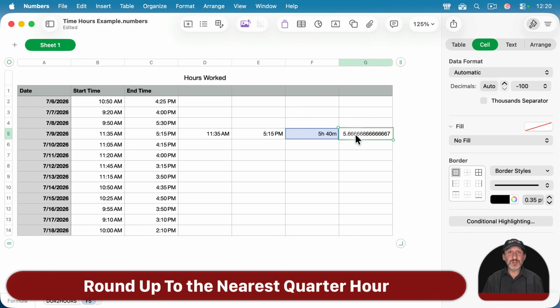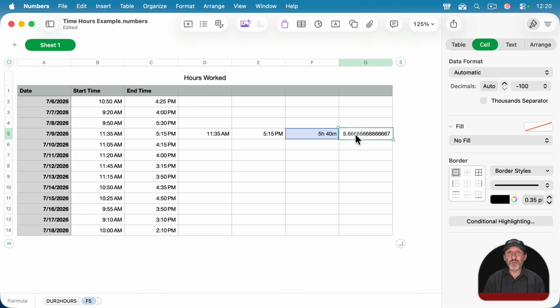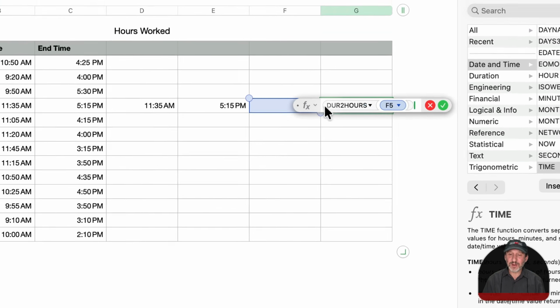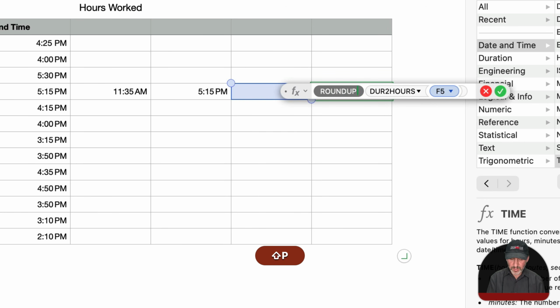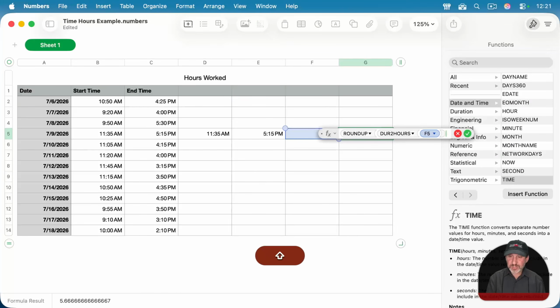So that's good. That's what I want, except now I also want to round it to the nearest quarter hour, or better yet, round it up to the quarter hour. So I'm going to go back into this formula here, and instead of just converting it to that, I'm also going to round up. But if I round up just this value, and you have to look up round up,